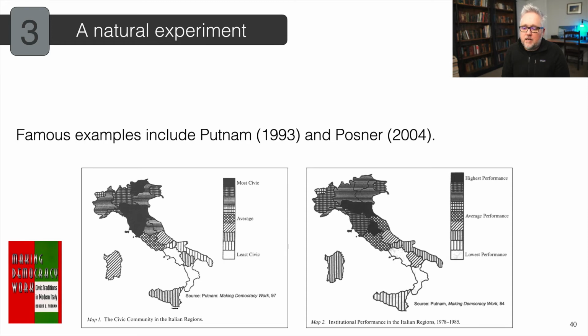And he's making an argument about how the civic community and the civic spirit in different parts of Italy are systematically different from each other, that dates back almost 1,000 years, and that has a direct effect on institutional performance in the 1990s. And he leveraged what he said was a natural experiment for this difference in civic spirit between the northern and southern parts of the country.